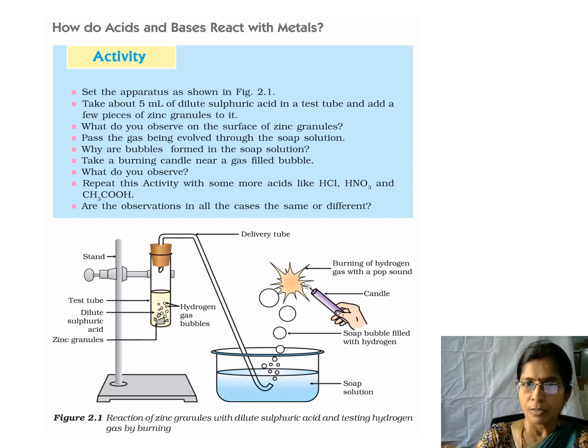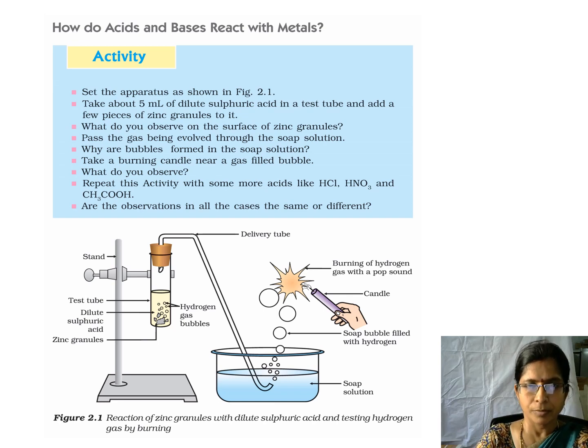So here, to get into the details of this activity, you need to know what the apparatus used here are. You can see that there is a test tube which is connected to a retort stand, and a bent delivery tube which is placed in a trough containing soap solution. You must be wondering what substances are present in it. Here they are, the chemicals used are sulfuric acid and zinc granules, that is zinc pieces.